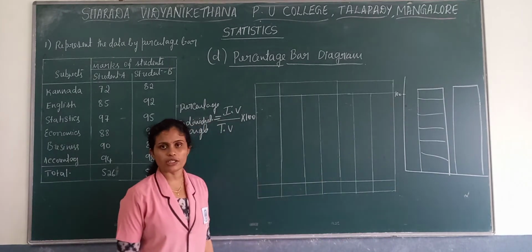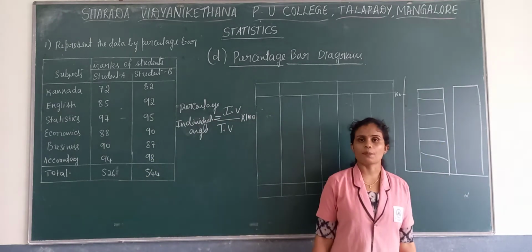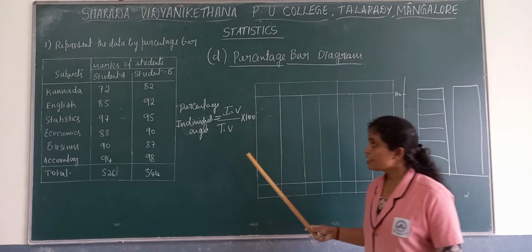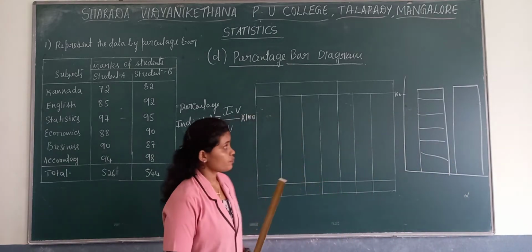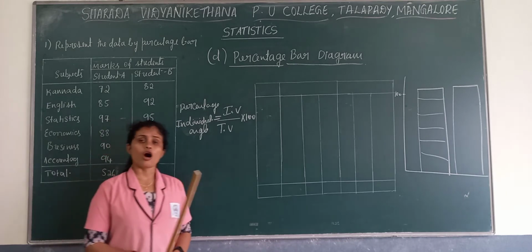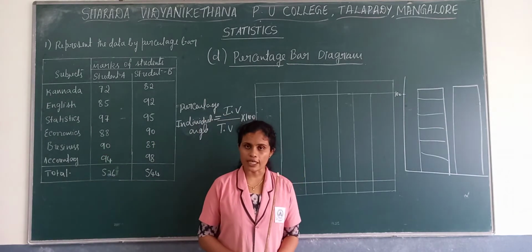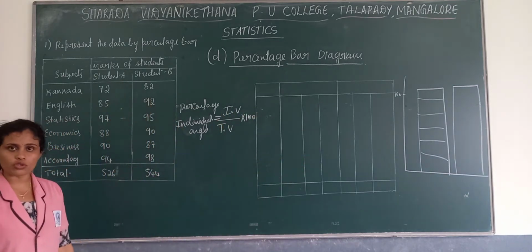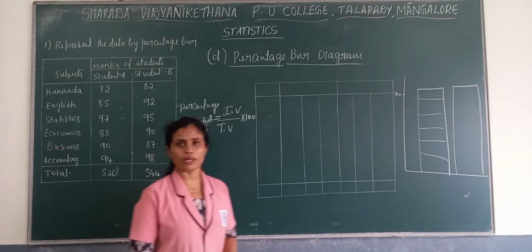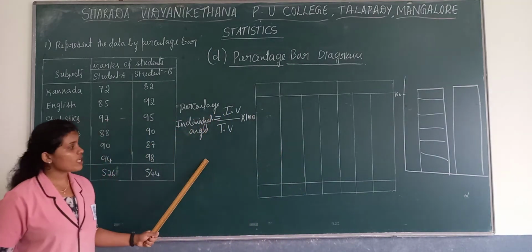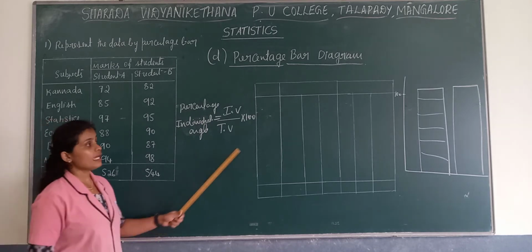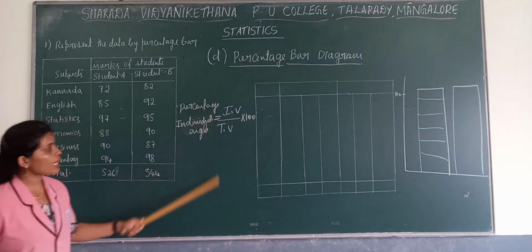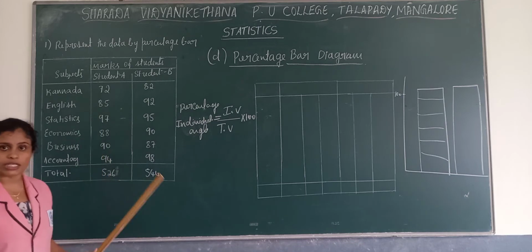Then we need to take the cumulative of that percentage. After that we need to represent it in the table. So you need to remember this particular formula. And one more thing, this question may come for 10 marks or for 5 marks. If it comes for 10 marks, then you have to show all the angle calculations. But if it comes for 5 marks, you write the formula and one substitution, that's enough. Then you can directly calculate in the table. But if it comes for 10 marks, you have to show all the calculation for student A and student B.